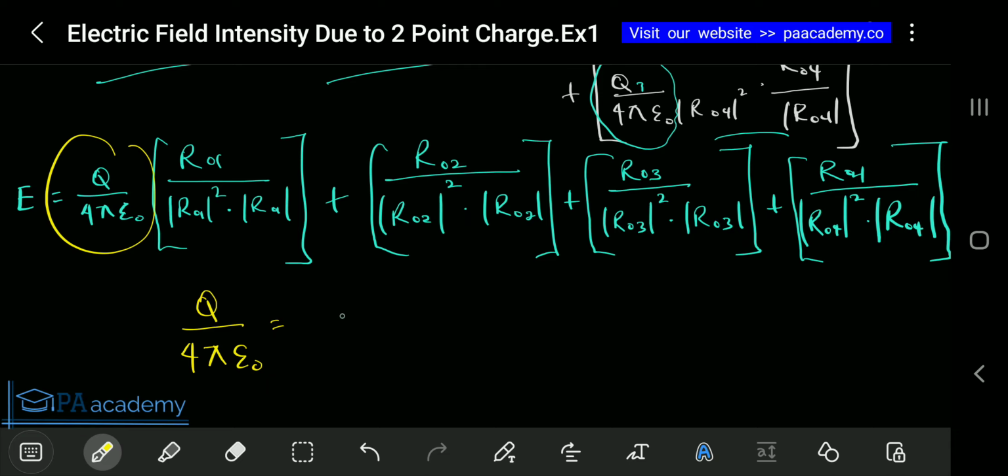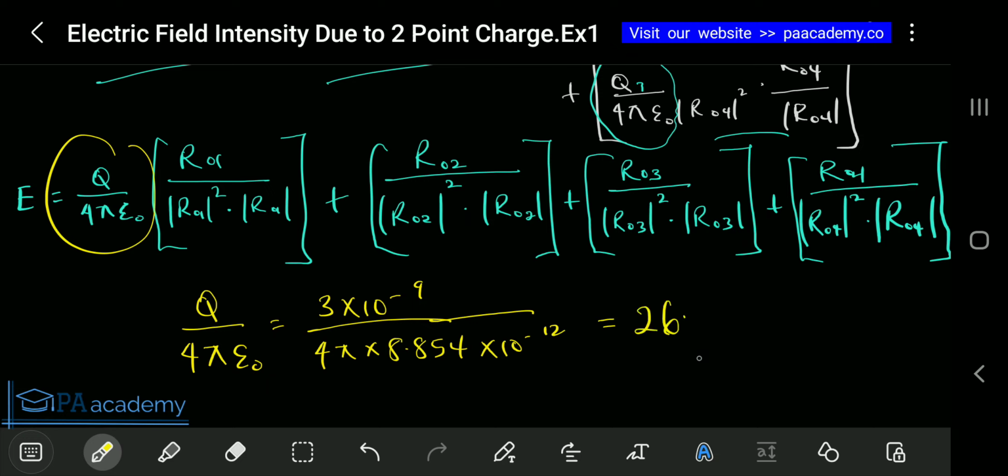That means our Q is 3 times 10 raised to the power minus 9, over 4 pi times 8.854, remember, that's a standard, times 10 raised to the power minus 12. If you type this into your calculator, let me do that and see what I'll get. In the previous video I explained how to calculate values like this easily using your calculator, so let me do that here. If you type that correctly, you'll be having